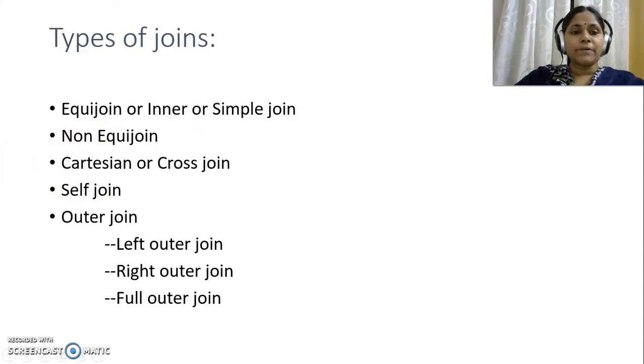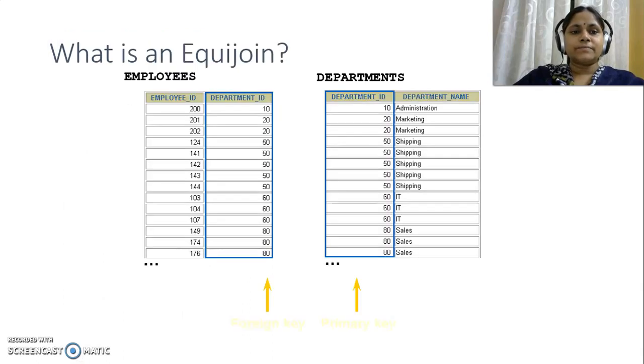The third type is Cartesian product or cross join. The fourth one is self-join. The fifth one is outer join, where we have left outer join, right outer join, and full outer join. These are the different varieties of joins we have in SQL.